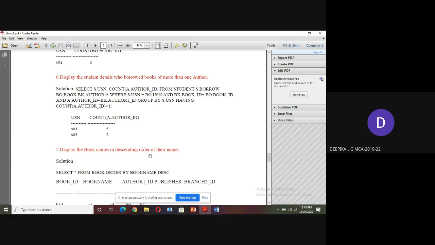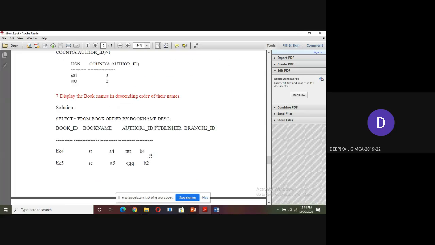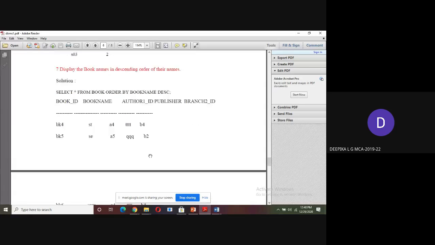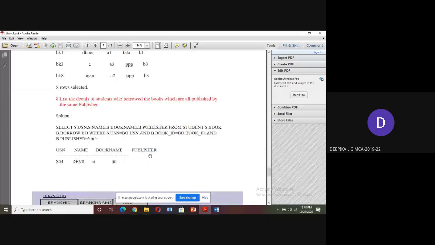It displays the output. Then we have to display the book names in descending order of their name. So we have to select star from book, order by book name in descending order. It will display. Then we have to list the details of students who borrowed the books which are all published by